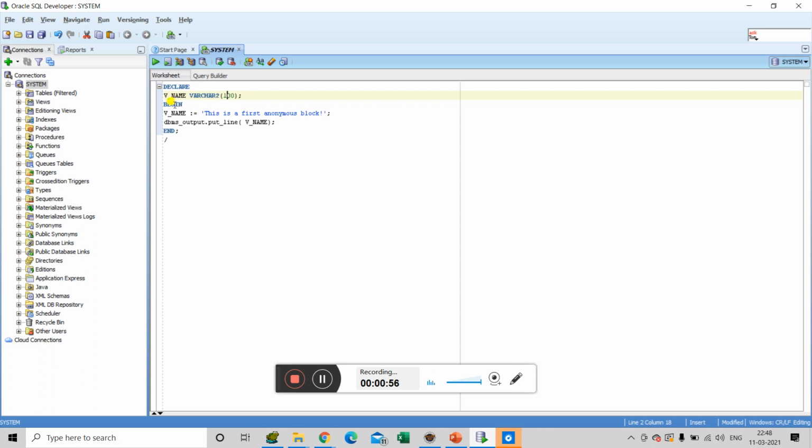Now the begin block is used to write the code that is going to get executed. Here we write our business logic. In this particular anonymous block, I have written a variable to which I have assigned a string value: this is a first anonymous block, which is going to get inserted in the vname